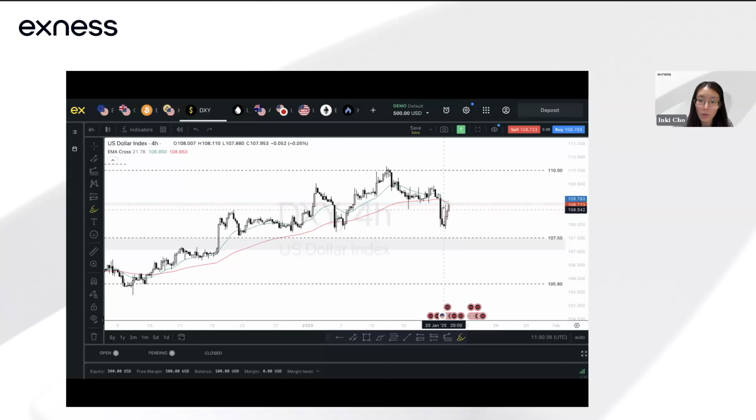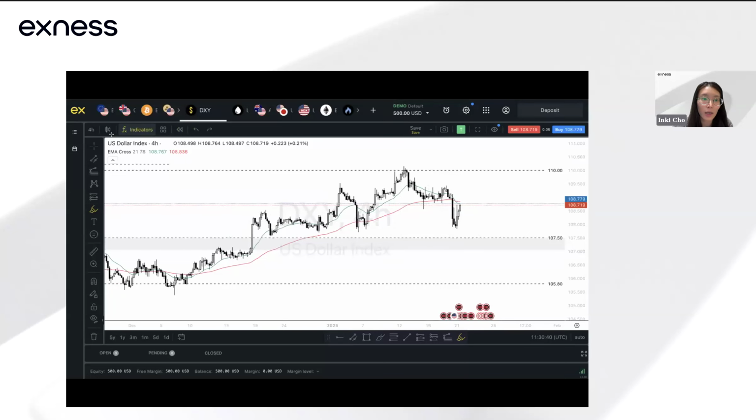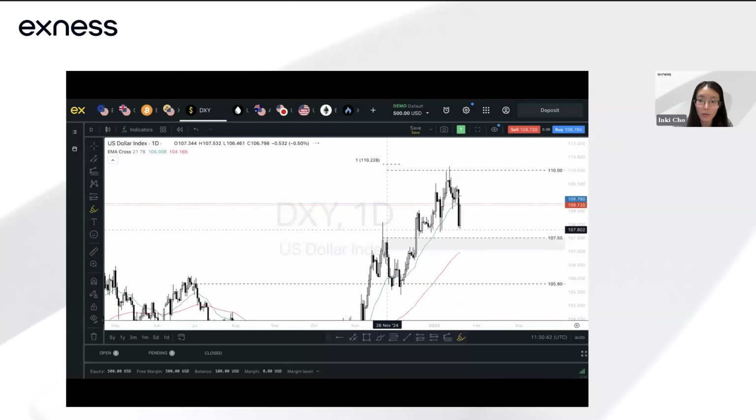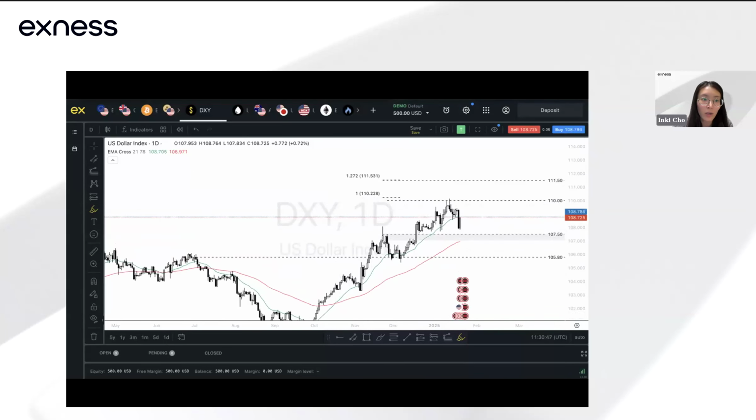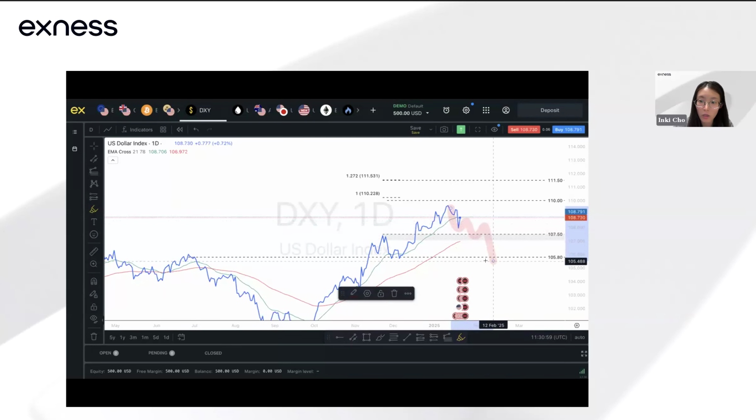This area over here. But we have to also bear in mind the bigger time frame. If you take a look at it on the daily, there is still no shift in market structure, as I've highlighted earlier. Even if you take a look at it in terms of the line chart, you can see that price is still forming higher lows and higher highs over here. We're seeing that consolidation and a potential area that price might be testing. But until there is a very clear shift in market structure in terms of the break of the last low, you can see that this is the higher lows and higher highs. So for me, price is still holding within the zone.